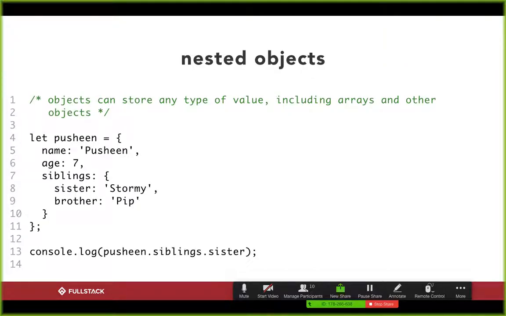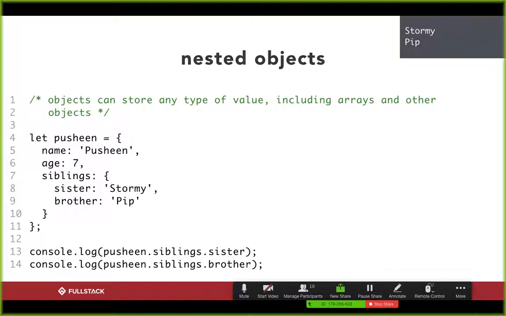And last but not least, just like how arrays can hold other arrays, objects can easily hold other objects. Obviously, only as the values, because once again, every key in a JavaScript object has to be a string, but the values can be whatever it is you want them to be, including other objects. And so there's really no limit to the level of nesting that you can use when you're creating an object. And that is pretty much it. So sorry, on line 13 there, you see us actually use dot notation to traverse through,